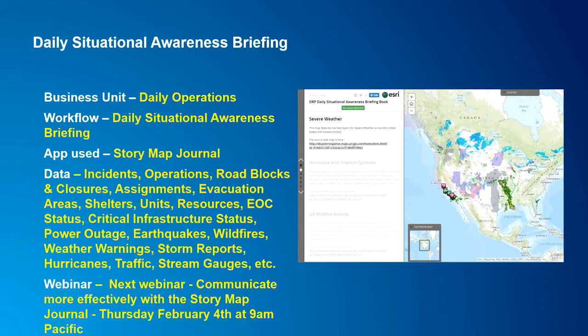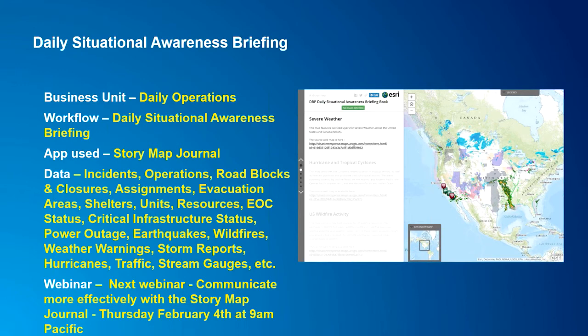As Chris mentioned, the web map is really critical and central to a lot of the things that we put together, and can be configured in many apps. So we saw a lot of situational awareness information in the Watch Officer dashboard. We can use that same web map and create different versions of that for briefing purposes using the story map journal. So if you want to present an easy way to see what's going on in the jurisdiction, either during briefings or as a way to organize those web maps and apps in an easy-to-use way that decision makers can take with them throughout their journeys throughout the day.